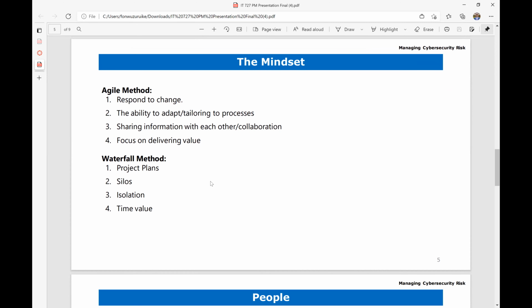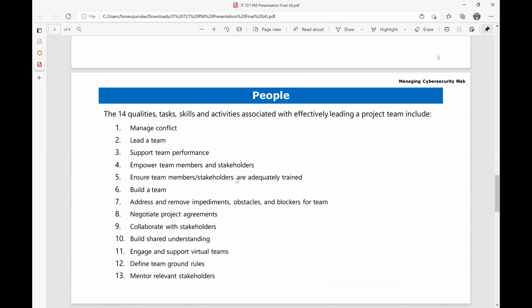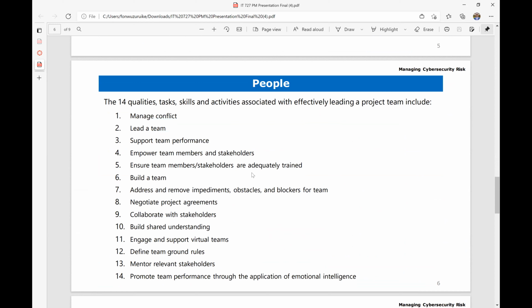The next part I want to talk about is the first domain, which is a part of the PMP that I just recently passed. This was the first domain that most organizations are even thinking about, the 14 qualities and tasks, skills, and activities associated with effectively leading a project team. And these are some of the first things that you need to think about, the people. These are the 14 tasks. Managing conflict, lead a team, support team performance, empower team members and stakeholders, and so forth. Ensure team members and stakeholders are adequately trained, build a team, address and remove obstacles and blockers of the team,